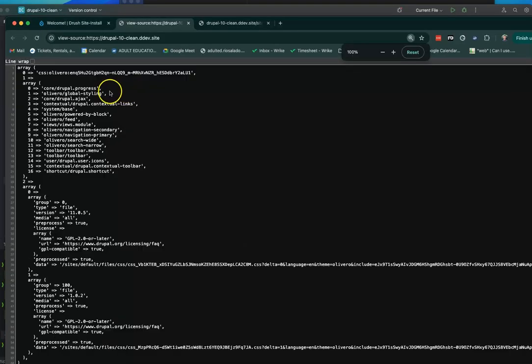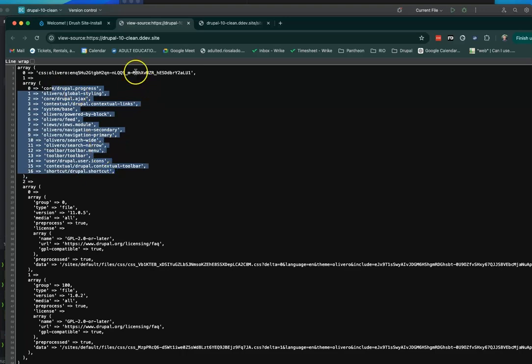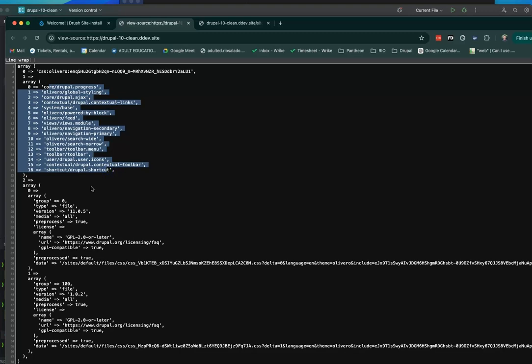All right. So first we have that string, the CID string, which is the CSS, the theme name, and then the hash for the serialized list of these libraries. So these are the CSS files that we are loading into, compressing into this aggregated file. And this hash is generated based on serialization and hashing of this array. Once we have that,